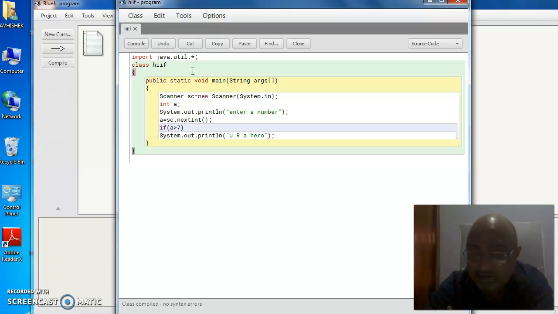If I write only sc.next, then it will be taken as a string. Now regarding character input, we'll be talking about it in some other video. So that will take the input, children, and store it in the variable a, which I have already created. Now if that a is greater than 7, that means the value given as input by the user is greater than 7,